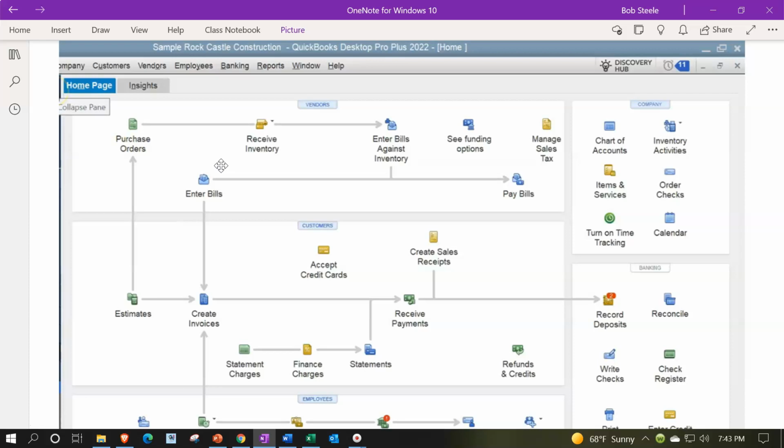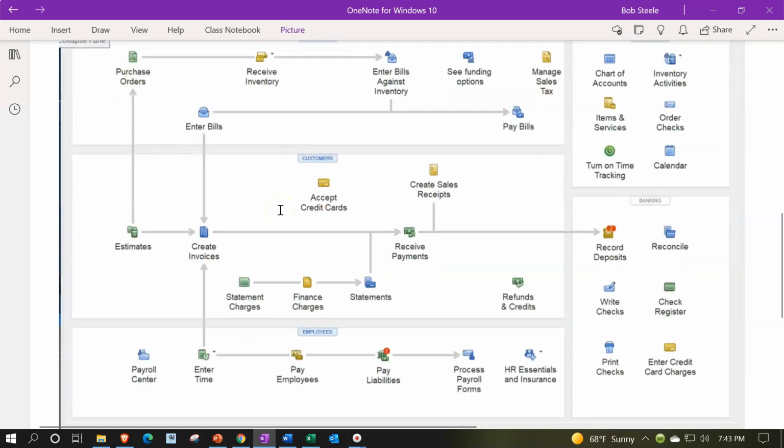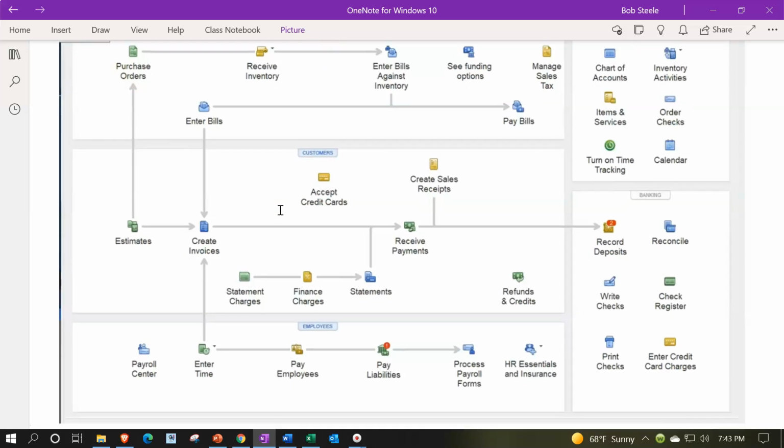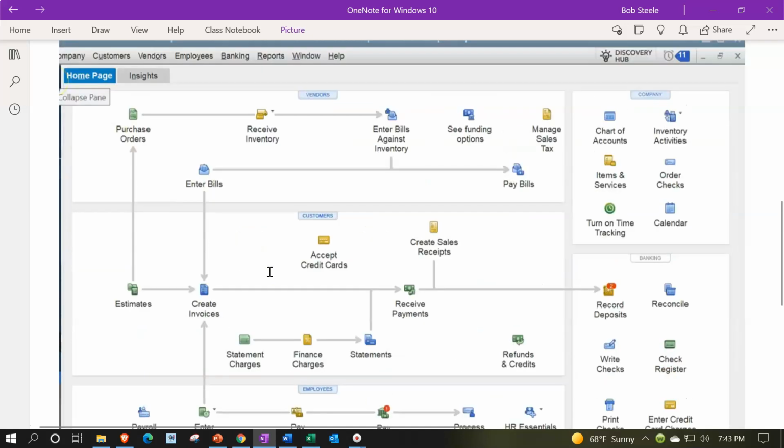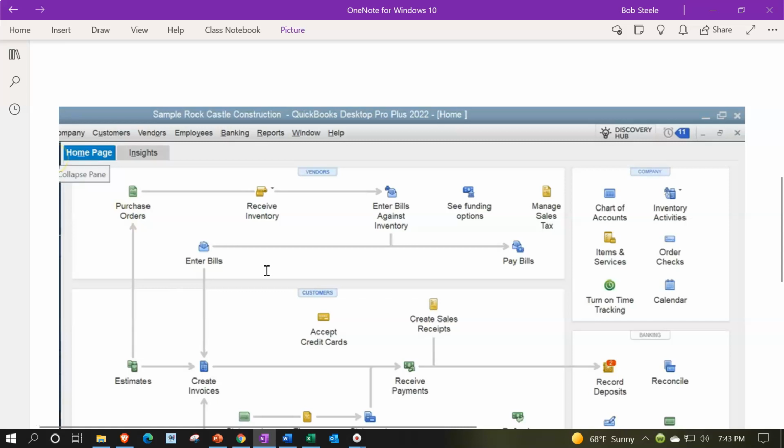Usually if you're working in a larger company, you might be working, say, in the vendor cycle or the accounts payable cycle, it might be called, or the purchases cycle, or you might be working in the customer cycle, which could be called the sales cycle, or the accounts receivable cycle, or in the payroll cycle, or employees cycle. So it's really good to think about the accounting process by cycle,